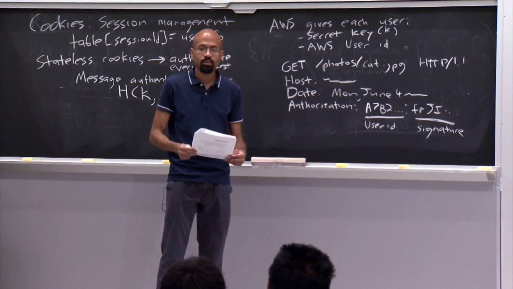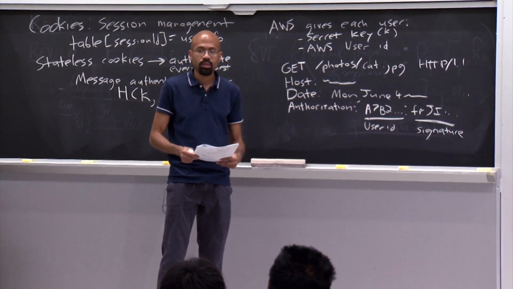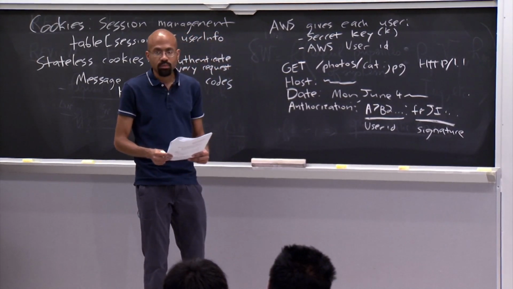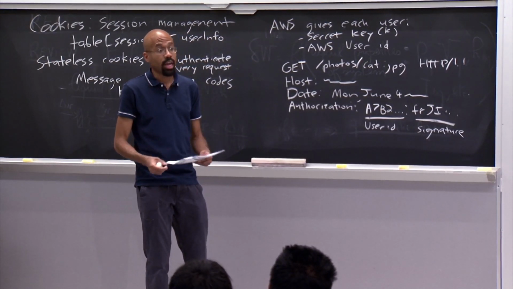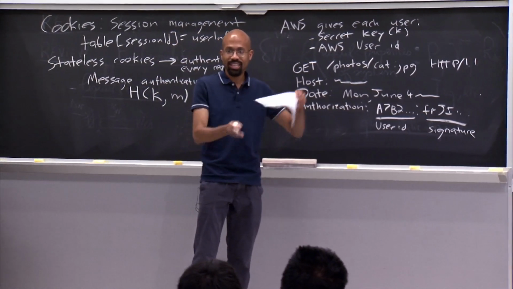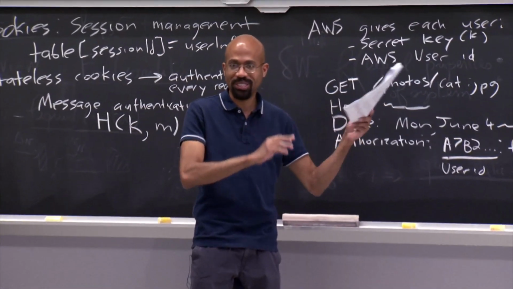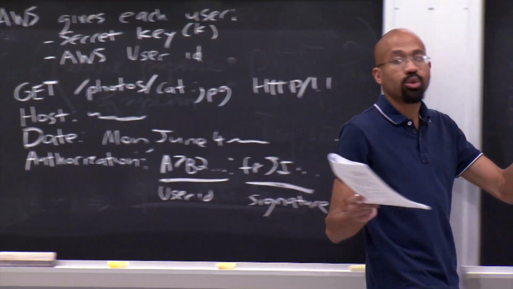Because they have network latency, so it can't be too fine-grained of a constraint that they're putting on. So if an attacker sent the same request again really quickly after the user, wouldn't they be able to have the server execute the request? Yeah. So suffice it to say that secure timestamping is several people's PhD thesis. But you're exactly right that if this were just, as a crude example,